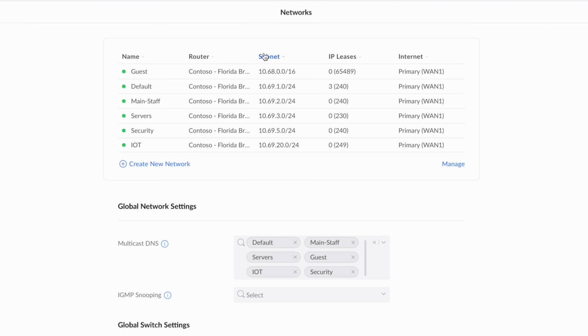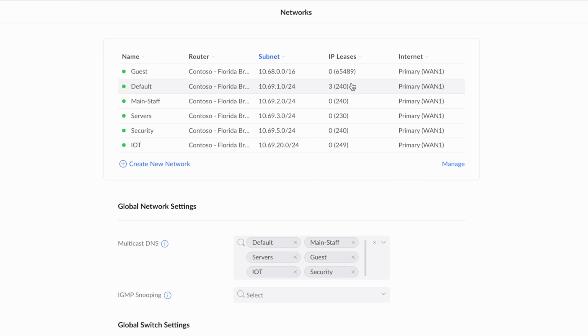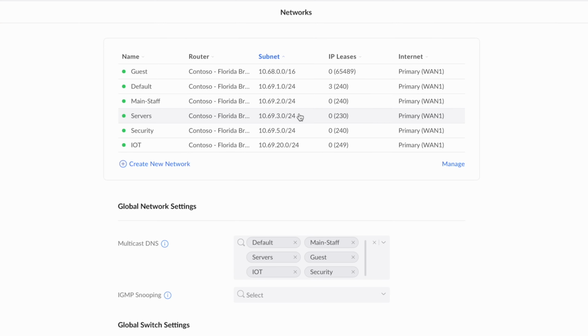I'll organize these so you guys can see that. Again, we'll go across. Guest is completely different. It's on the 68 octet, the second octet, and we're doing a /16 to give that plenty of addresses for any guests who would want to join the network. And then we go into our default. Again, this is the network for switches, access points, stuff like that. Our main staff, which will be our operating staff, their production machines, stuff like that. And then our servers, pretty obvious. Security, which will be cameras and access control, and then IoT, which will be our Chromecasts, anything else like that,